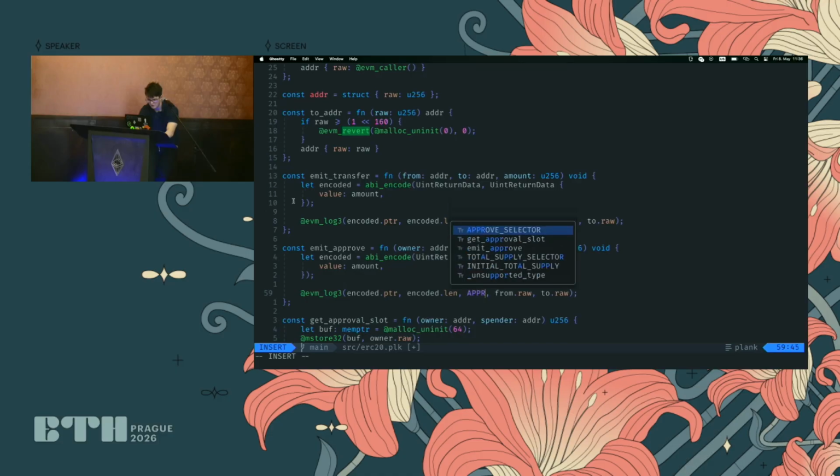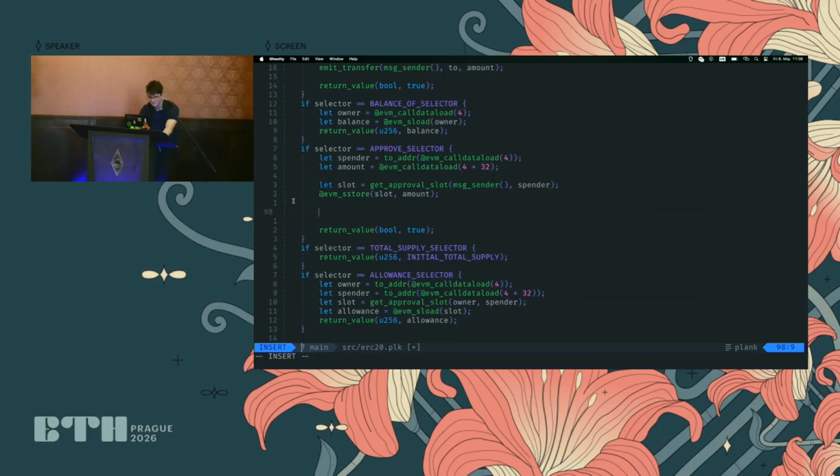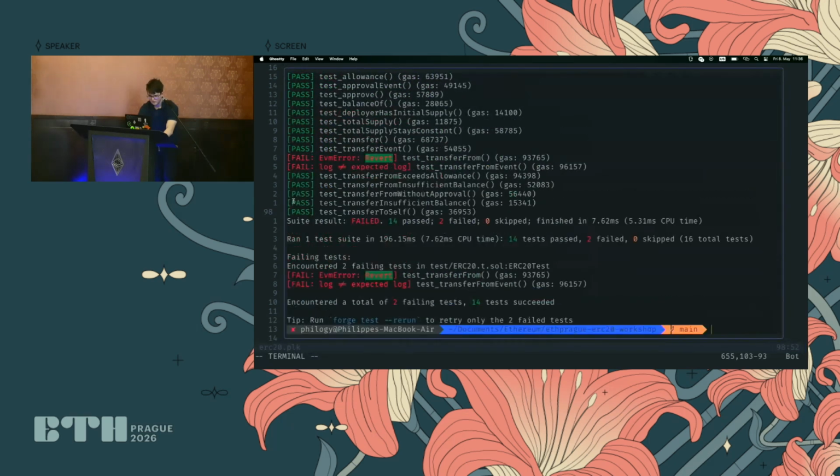It's just approval topic. Approval topic. And then we'll say owner, spender, and then let's emit that here. So message sender, spender, amount. All right, two tests left, and we almost have a full ERC20.